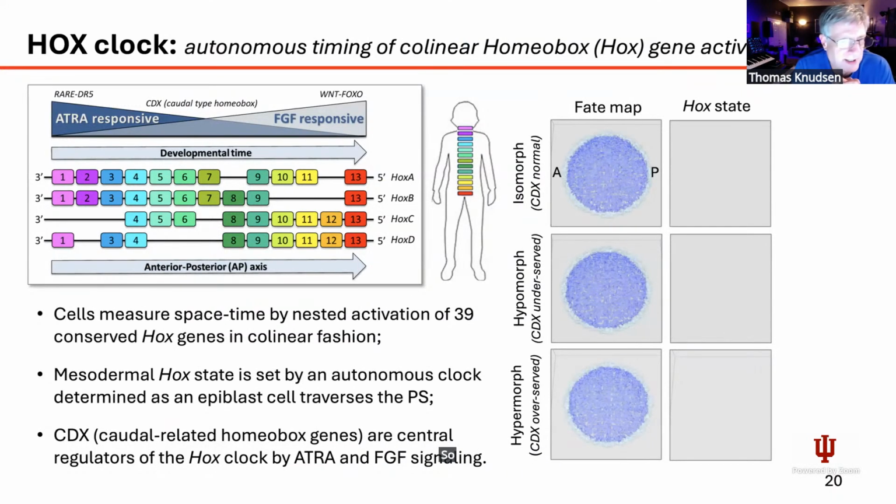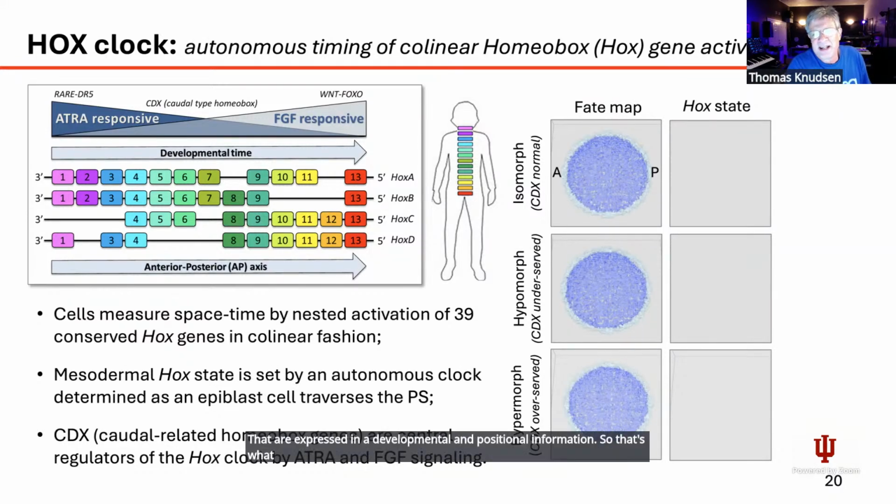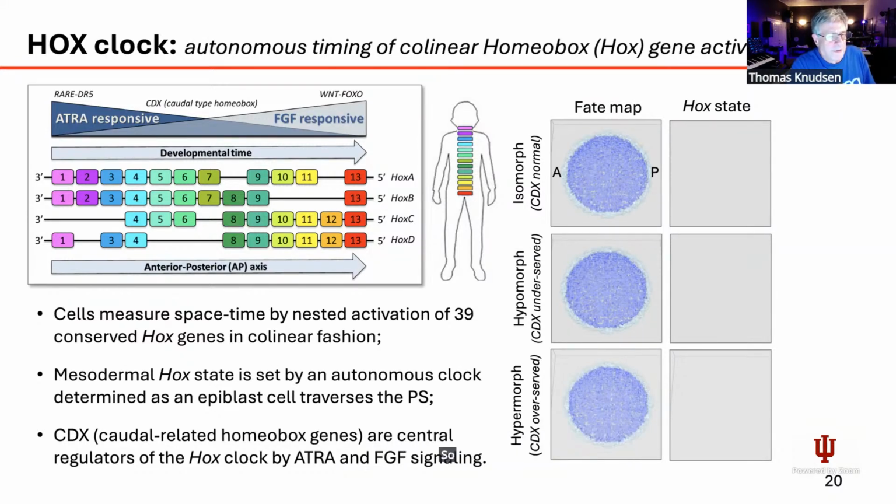So you may not know much about this, and I'm not going to change that, but the Hox clock is a critical aspect of early development. And the homeobox genes are represented in mammals as 4 clusters of up to 13 paralogs that are expressed in a developmental and positional order. So that's what's called collinearity. So you go from the low numbers or the 3' side to the 5' side in order of development and in order of